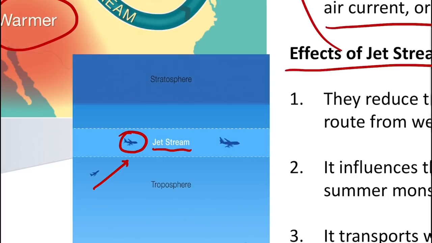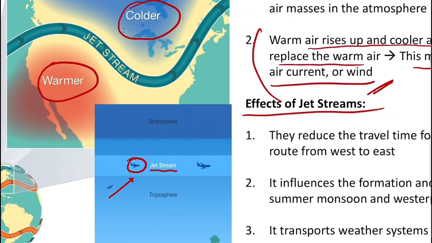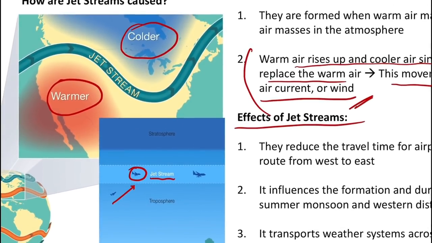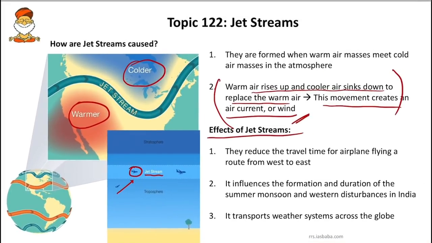So most commercial planes fly at the jet stream level. A strong jet stream can provide the essential thrust, or tailwind, so that the flight can travel from west to east easily and at a faster pace. So the first important point is that these jet streams reduce the travel time for aeroplanes flying the route